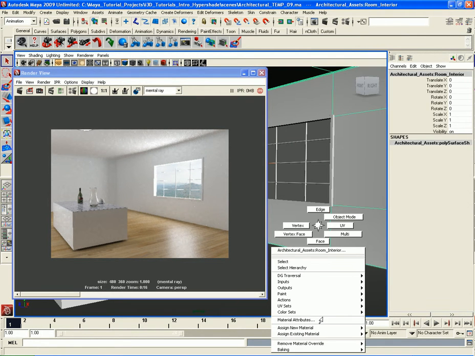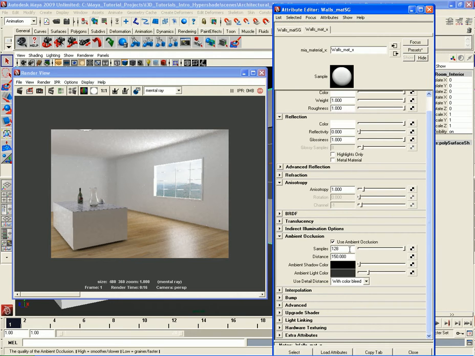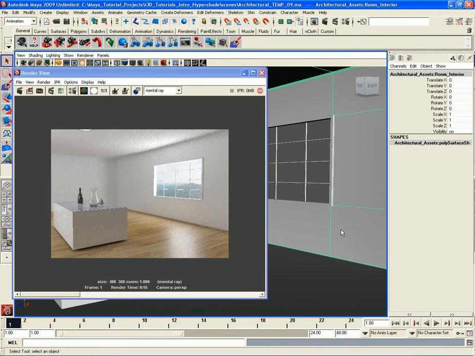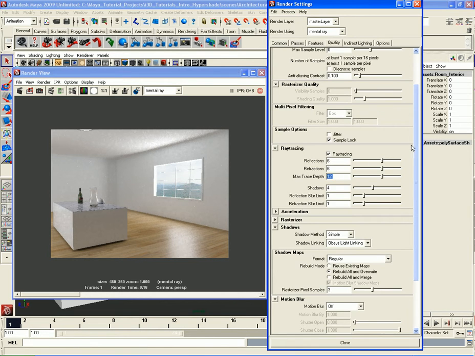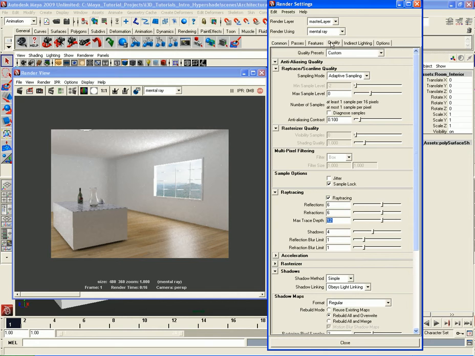If we go back to the material attributes for the walls here, we can increase the amount of samples on the walls to 256. That's going to increase render time by quite a bit, however, and I really don't want to do that. So instead, what I'm going to do is go to the render settings, and I'll go to quality here, and under the